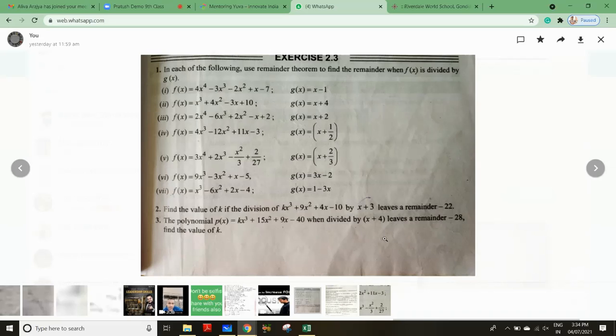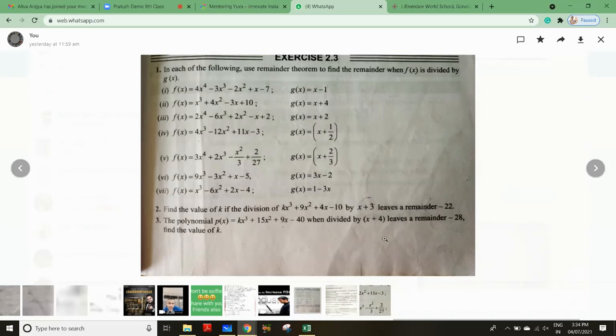So did you send it to me on WhatsApp, or will you be sending it? No, sir. Have you sent, or will you send? I will send. Okay, then try to send it, because see, it is also a kind of fraction only. Just it is not given in terms of fraction.